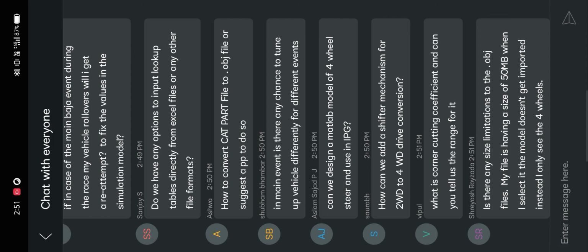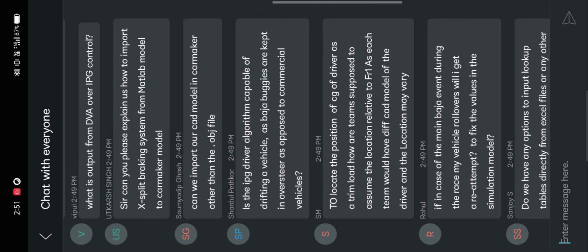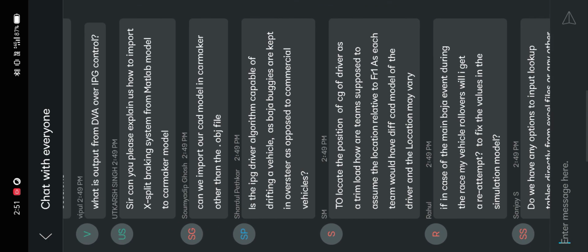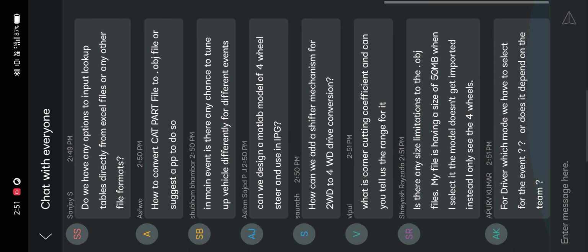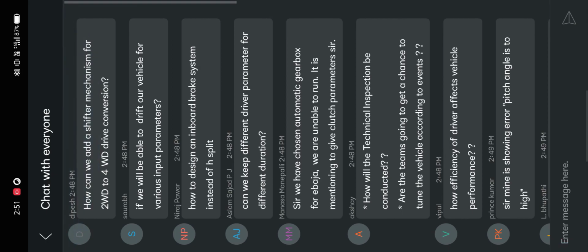However you are selecting the automatic gearbox, it is mandatory to set the clutch parameters. I think for automatic transmission, the clutch type is ABS, not on the vehicle data set.